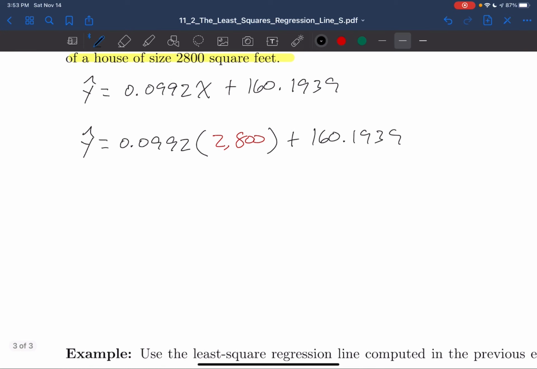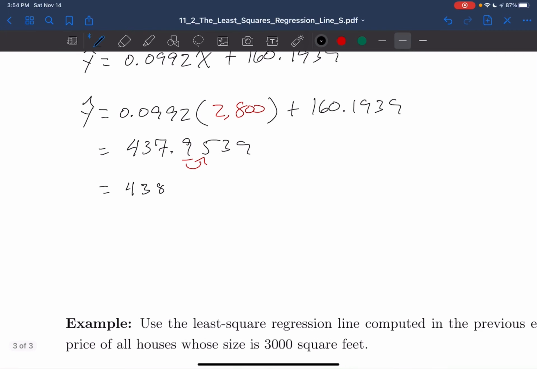And if you put this in your calculator, this should be equal to 437.9539. But let's just round to one decimal place. So this will be equal to 438. So in words, we could say that we predict